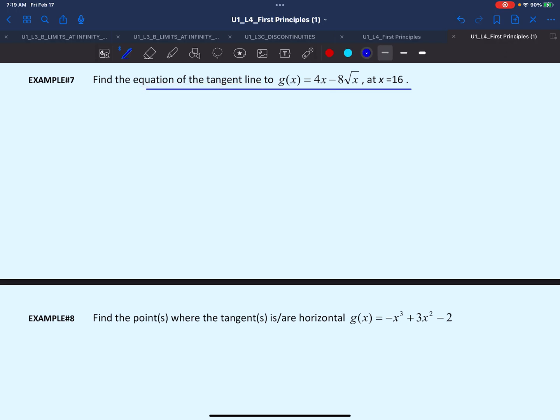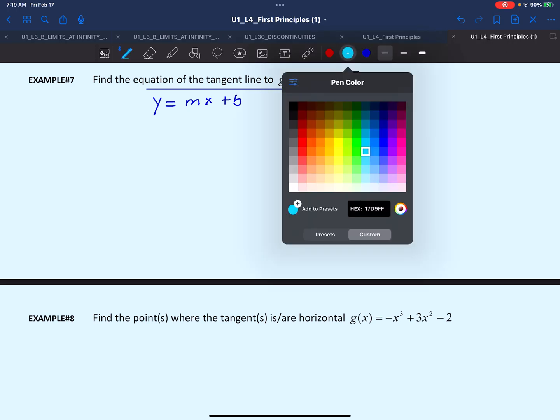Which means that we're trying to find the equation of some line which should be in the form y = mx + b. So this line represents the tangent drawn to the graph of the function g(x) = 4x - 8√x. We're drawing this tangent line at x = 16. So the information we know about this tangent line is that x would be equal to 16